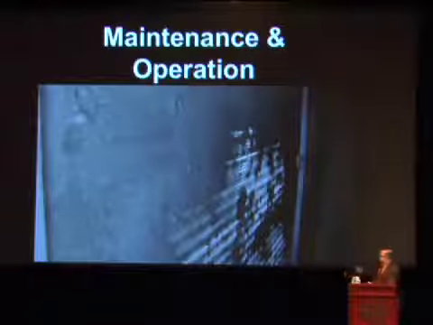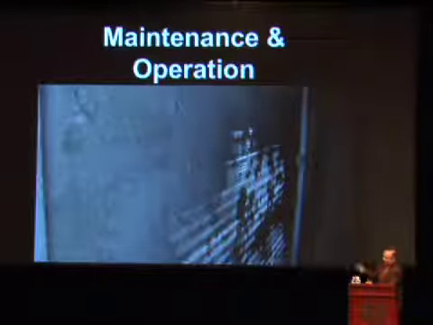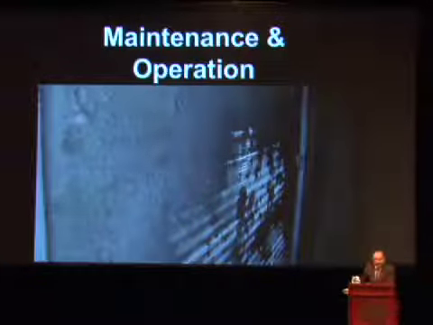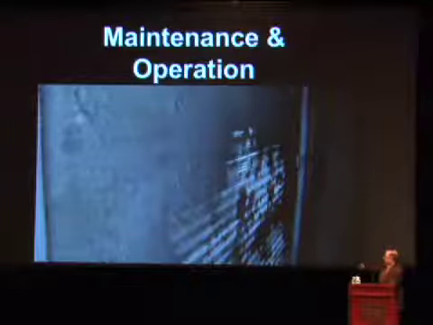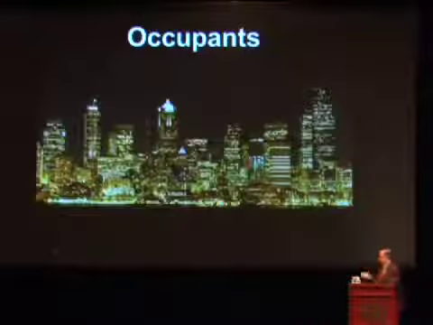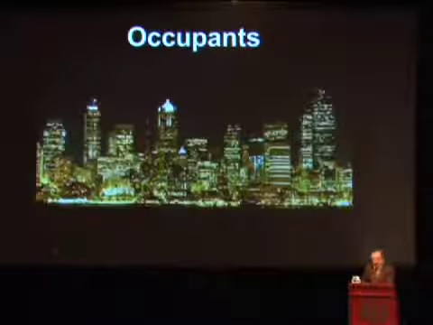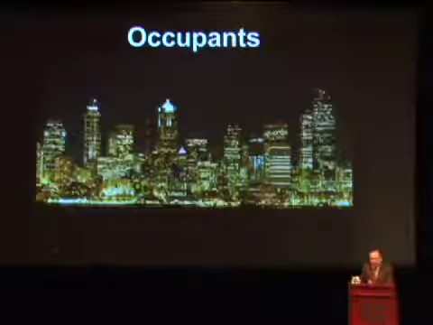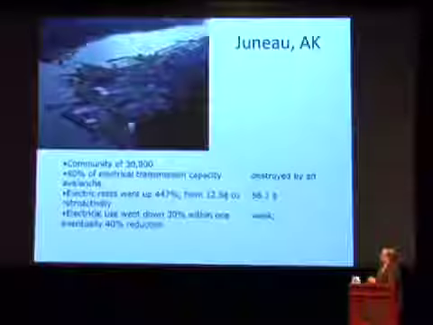So there's hundreds of pictures like this, right? This is supposed to be the outside air intake, never been cleaned. You can imagine how hard the fan is working to get this much air in through this little hole. Classic example. This picture of Seattle at night. Do you think that there's people in all those buildings? No way.